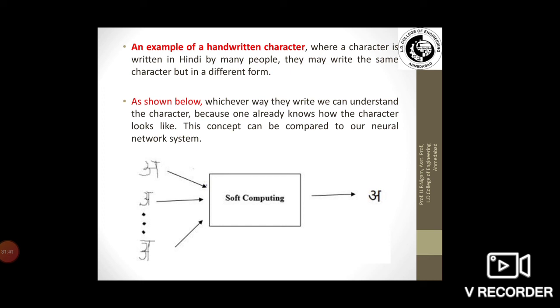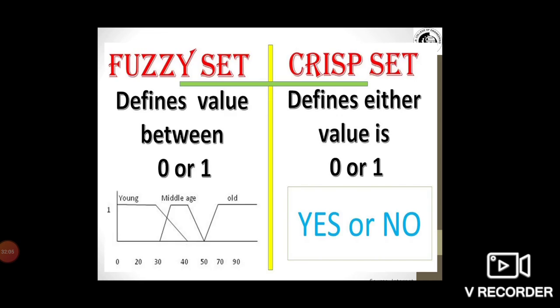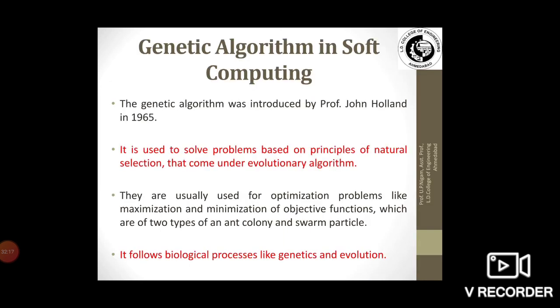So you can see one example, these are the three inputs being given, and soft computing and the crisp set is being used. So it defines the value between 0 and 1, versus defining the value as either 0 or 1. So that is one of the important things. That is the difference between the fuzzy and the crisp. All right, so